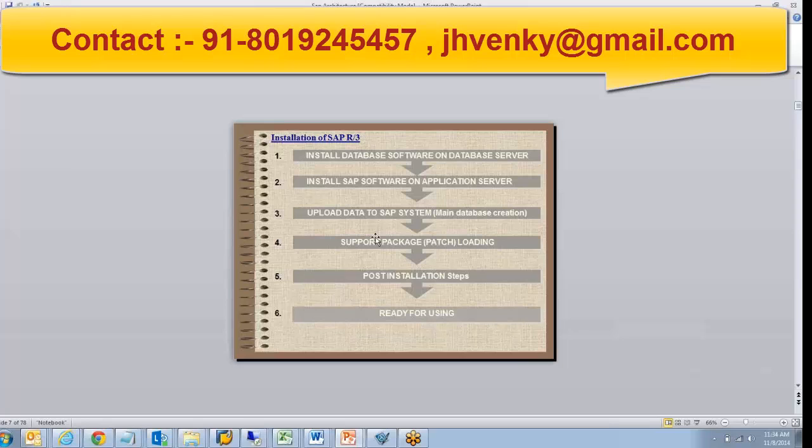If you want to patch your system, it should be N-1. N-1 in the sense, SAP releases support patches very regularly and frequently. We'll discuss the support patch later, but just for your understanding,